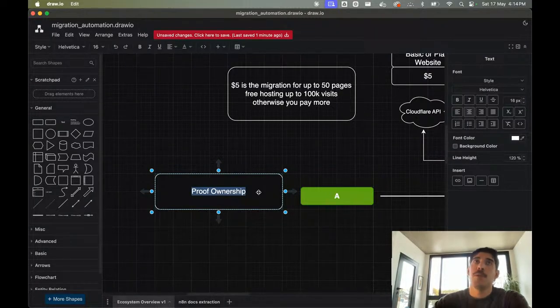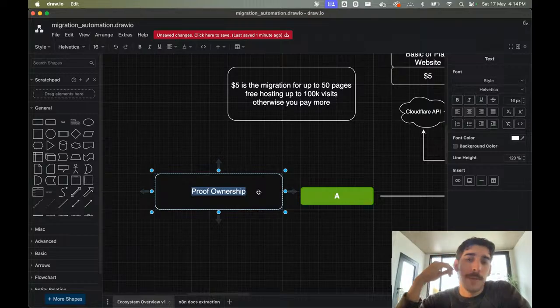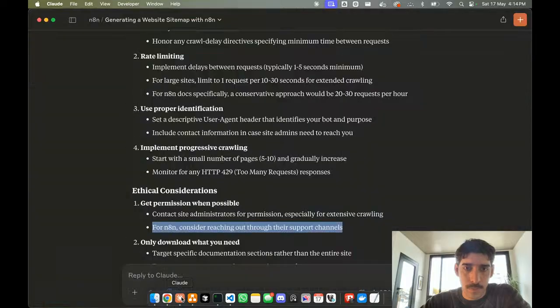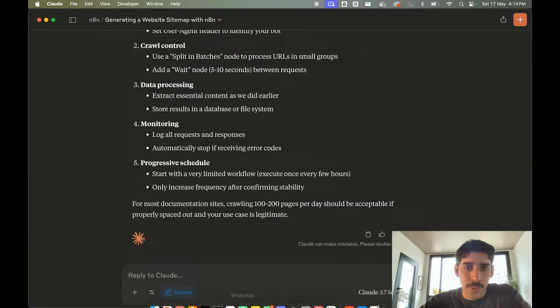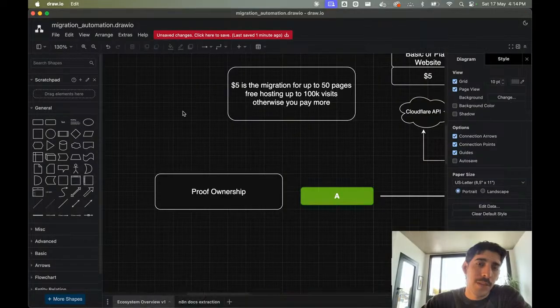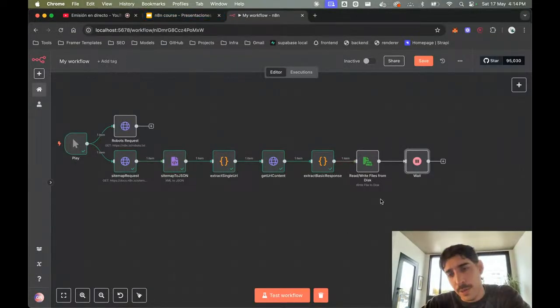Otherwise, I think it opens up a conversation about that subject. But yeah, when it comes to crawling a website, we should be able to add a loop here and make it very safe.